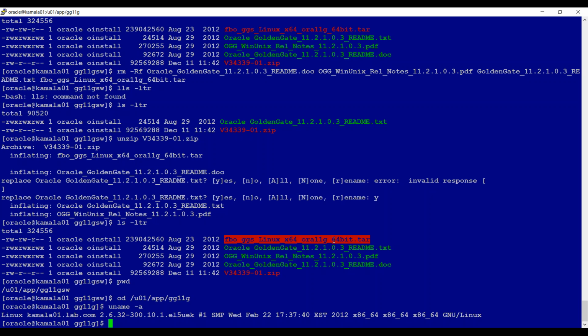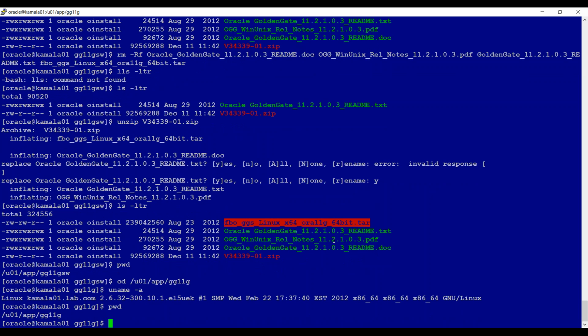Once I untar this file, automatically the Golden Gate software will be placed into the respective location. I'm currently in the Oracle Golden Gate home location. In this home location, I just need to untar this file, so automatically the respective files will be loaded into that location. For untarring the software, tar -xvf